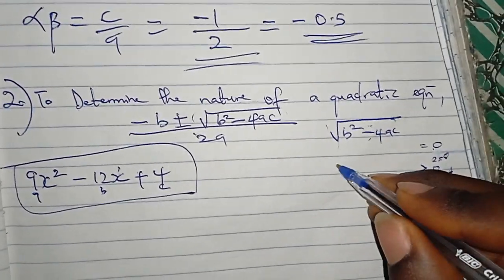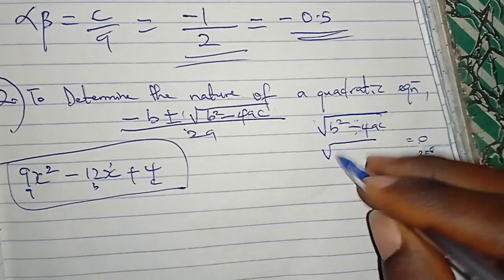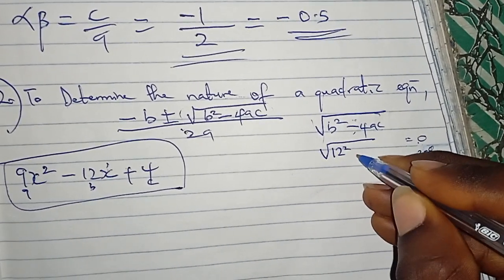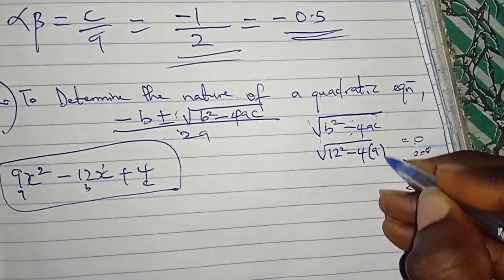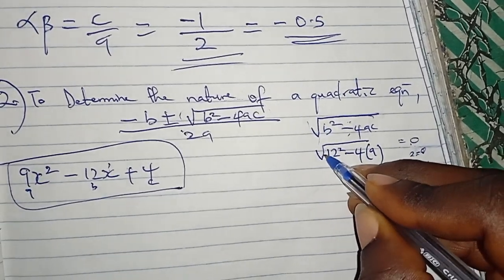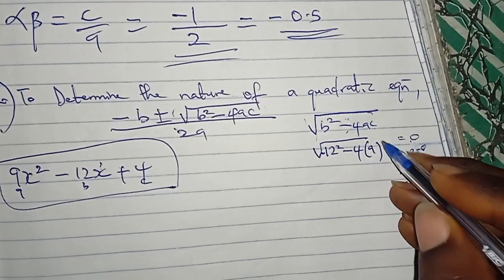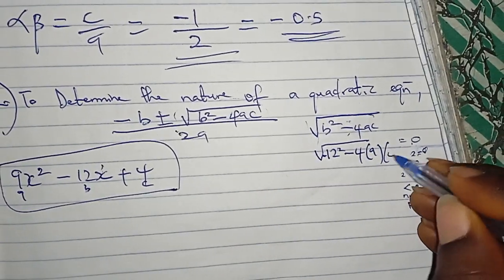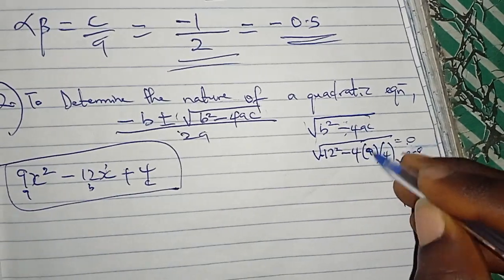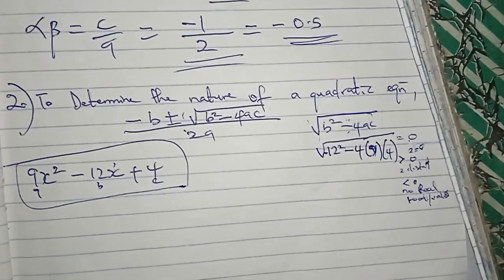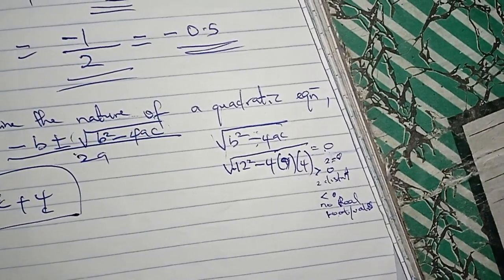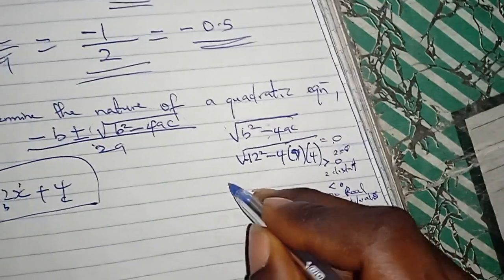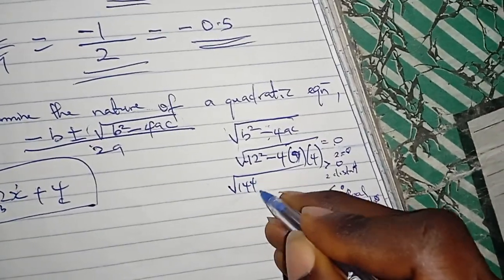If we put this inside this part, you see that this will become 12 squared minus 4 times A, which is 9. And notice that B here is minus 12, and C is 4. So let's solve and see what we have there. 12 times 12 is 144. So we have 144 minus